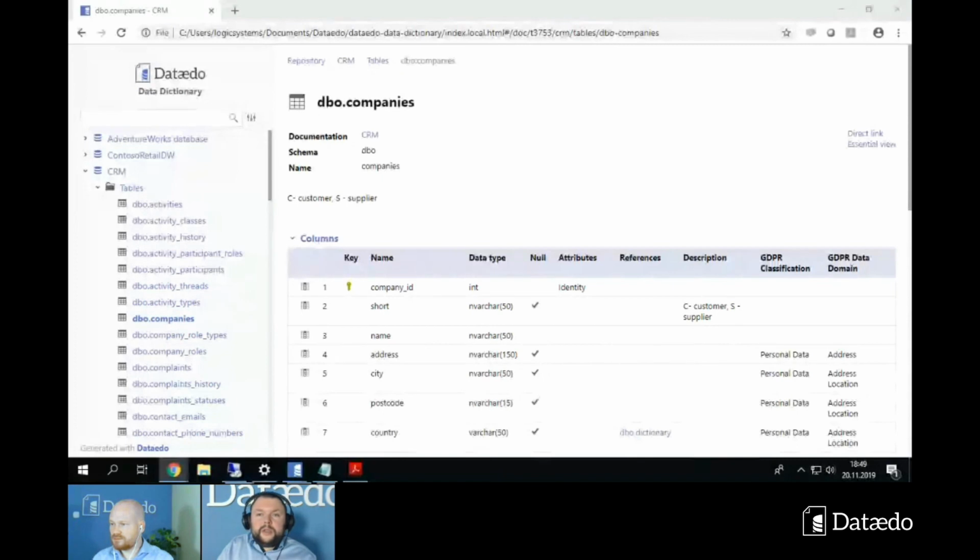Piotr, does Dataedo support NoSQL DBs at this moment? Not really. I didn't show you the manual documentation, right? It was anyway quite a long presentation, so you can also do it manually. And we do not, at the moment, support NoSQL. I mentioned MongoDB,